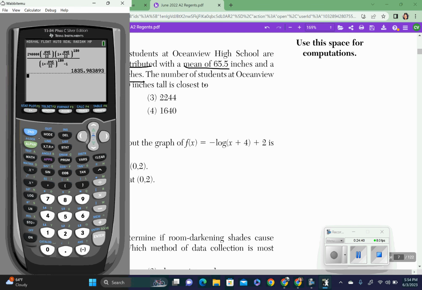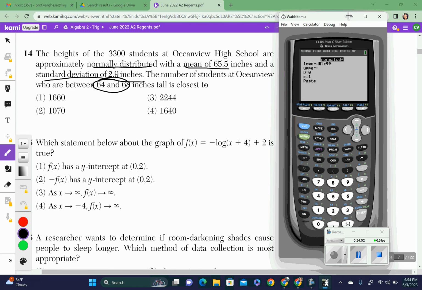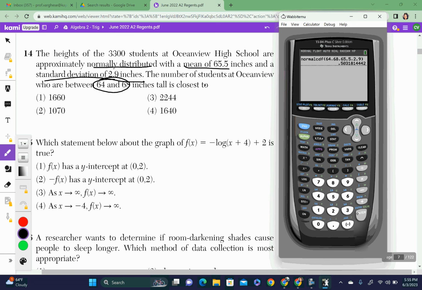What is it doing? So let me just clear this. So second bars, normal CDF is choice 2. So our lower, that they gave it to us, the lower is 64, the upper is 68. This U thing is our mean, so that's 65.5, and our standard deviation is 2.9. And then you just hit enter, enter, enter, and it gives us